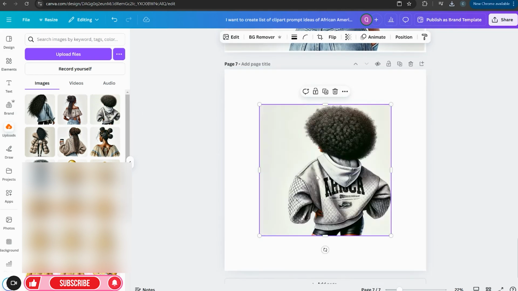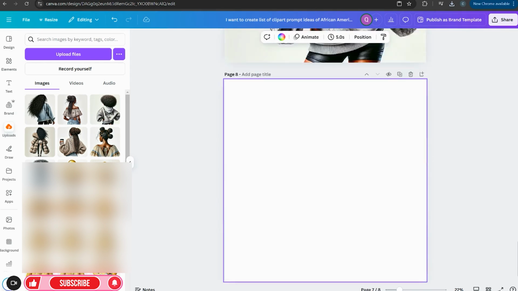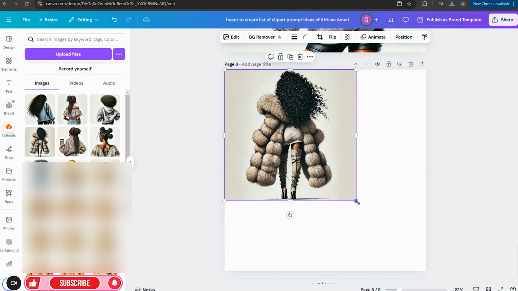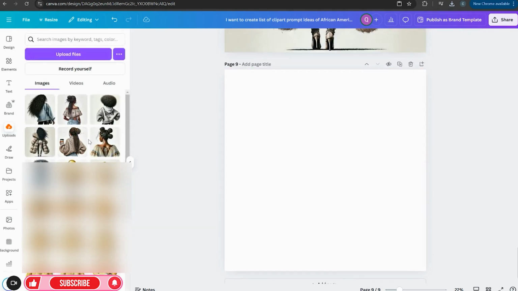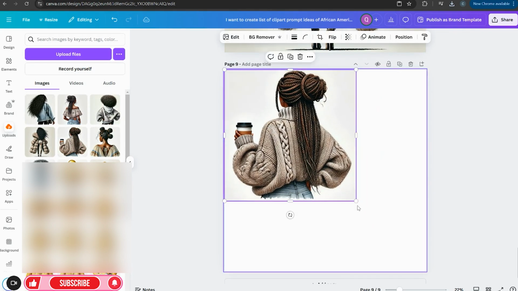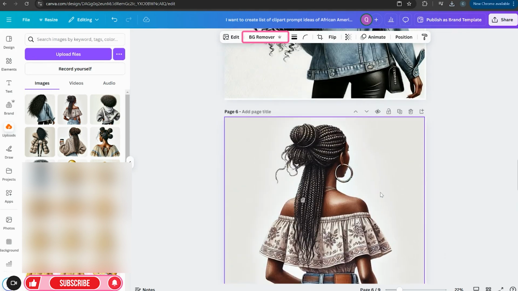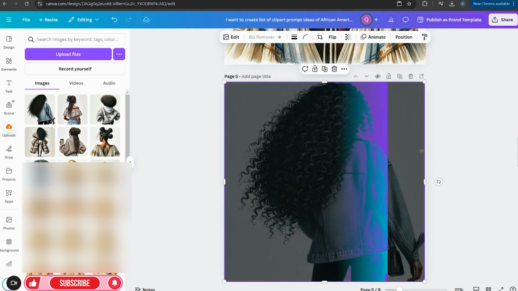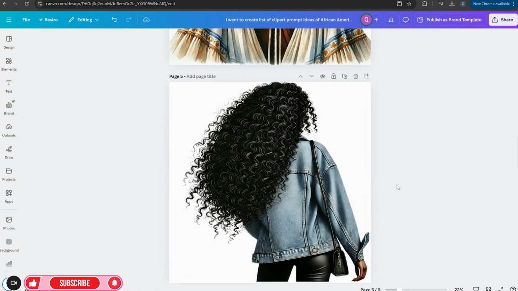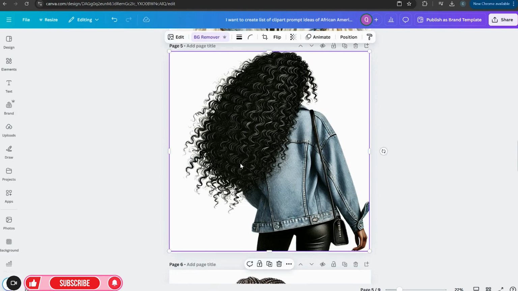Okay. So now I'm going in, and you could easily remove the background. As you can see, is a solid color, which I'll show you how to do that. And I'll give you a preview of how that looks. Okay, so I'm just simply adding these in. And again, the background removal is a pro feature. So we'll go ahead and remove this background here, and we'll remove this background here. And you could easily see that we're able to remove the background because the images look really, really well. And we will upscale those, but